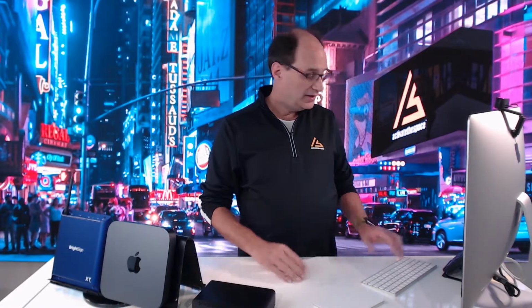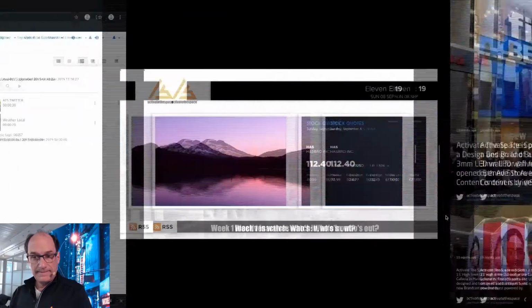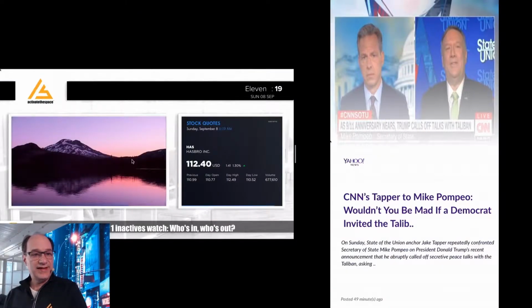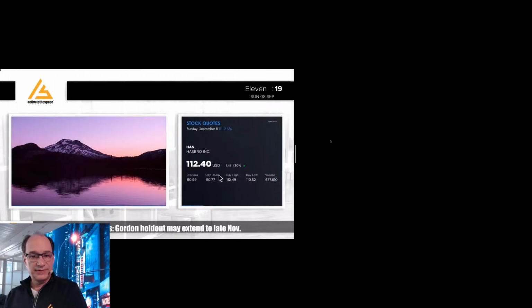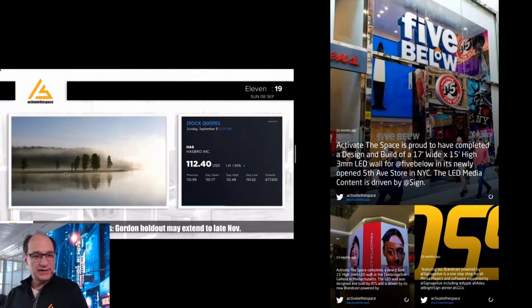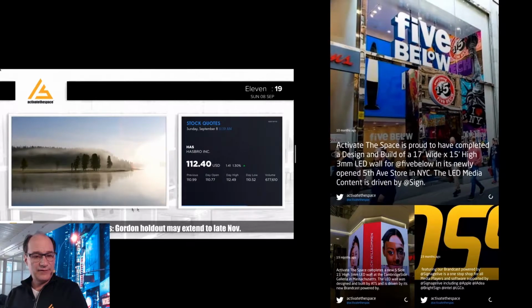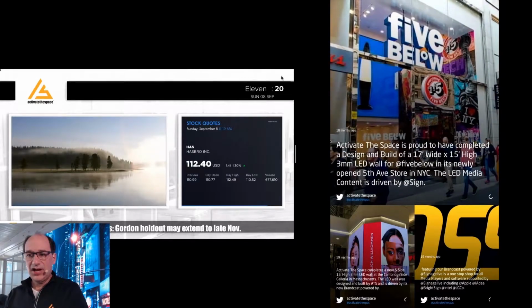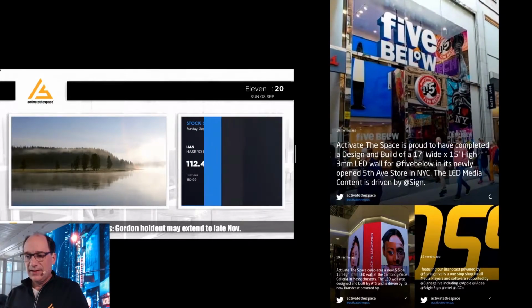Now that we've created a playlist, I'm going to create a layout. Where I showed you earlier on the screens, we have this layout here for the landscape screen where I have a bunch of different widgets, and over here I've got a 16:9 video frame, a ticker, and a clock. So I want to do the same thing for the portrait screen.